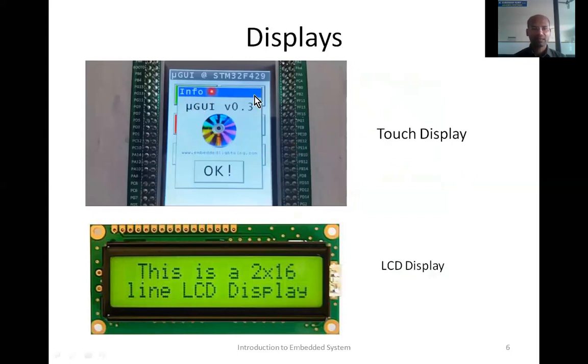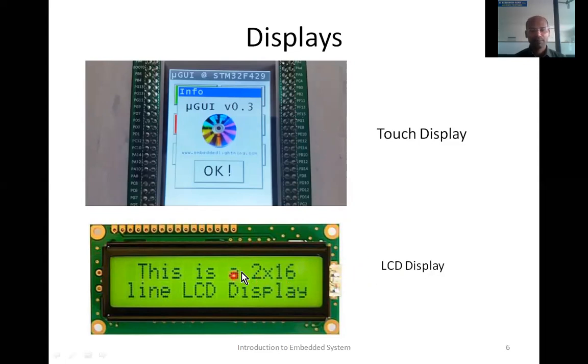By touching anywhere on this screen, we give input to the microcontroller, and that microcontroller responds to these inputs and takes some action, some decision, and it is reflected in the output screen. It is both input screen and also output screen. These are the touch displays. These are very popular these days.